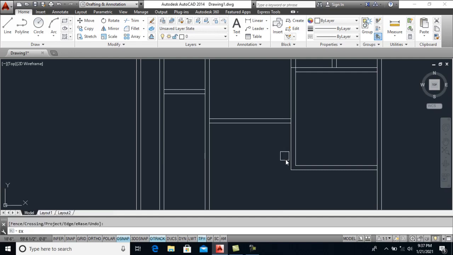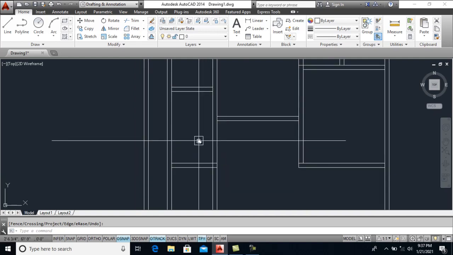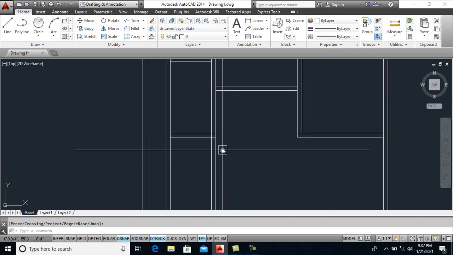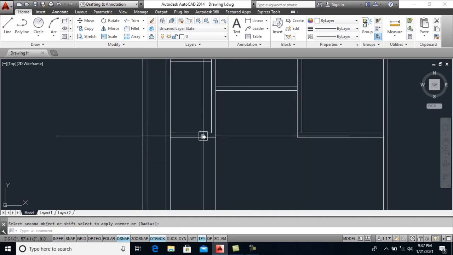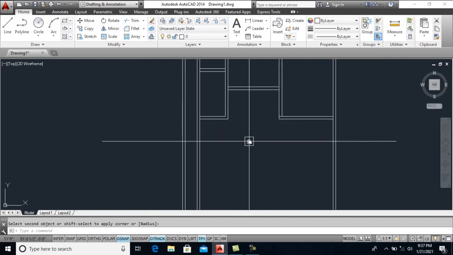Again take an offset of, or I may be extend it like this, and then I will trim it. Let's fillet it like this. Now take offset of 10 feet for kitchen,